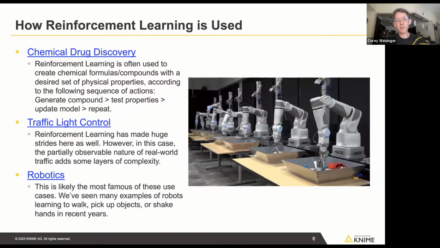So here are three common use cases for reinforcement learning used across industry. One you'll probably hear a lot, especially at the Knime Summit, since we have so many life scientists here, is chemical drug discovery. So let's say you are trying to build a new medicine